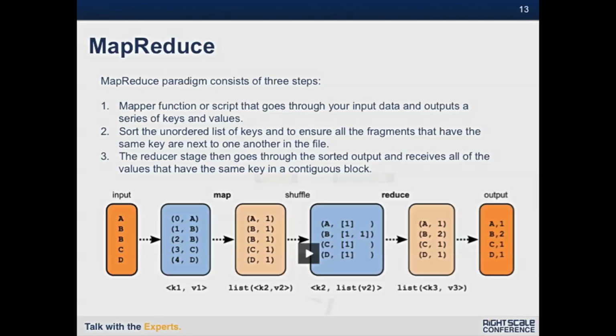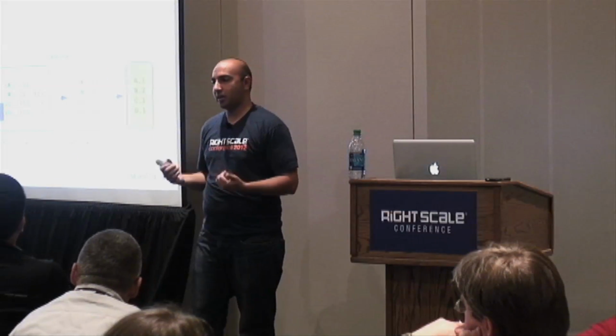Then we got to perform some action on it. So now we're taking all of these values, and we know that by definition when we brought them in, each of them existed exactly one time. So now we've got our same list A, B, B, C, and D, and we've got that appended with a 1. But now that we have this information, now we can start to parallelize it.